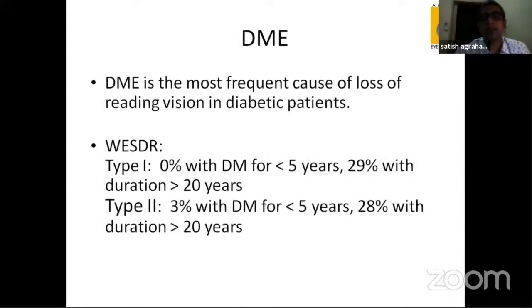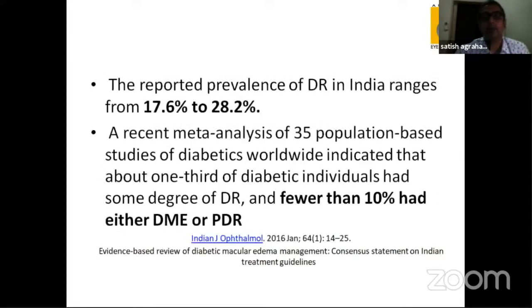As Dr. Lalitarma has said, diabetic macular edema is one of the most frequent causes of loss of reading vision in diabetic patients, and that is very important for us. In the Indian population, it has been noted that the prevalence of diabetic retinopathy is around 18 to 28%, and around 10% of the patients have either a diabetic sight-threatening problem, that is the diabetic macular edema, or